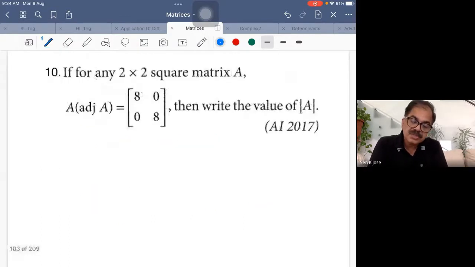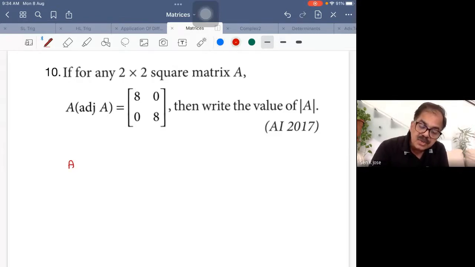Okay. Question 10. For any 2 by 2 square matrix A into adjoint of A is this. Okay, again, it's all about knowing the result. What is A into adjoint of A? Okay, let's copy what they have given. A into adjoint of A is equal to